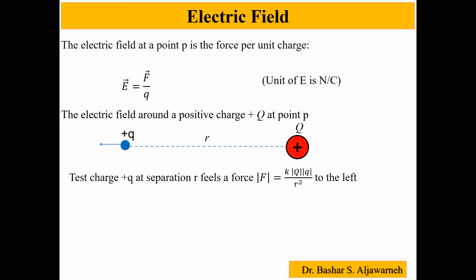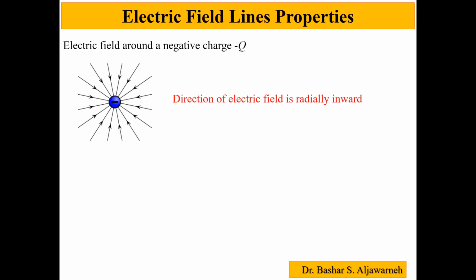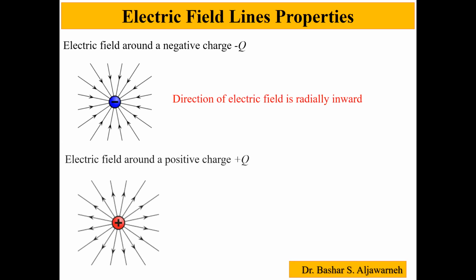Here, we do not care about the derivation. In general, the electric field at a certain point will be K times the magnitude of the charge divided by R squared. Electric field lines: as we know, we have two types of electric charges, either positive or negative. For the negative electric charge, the electric field lines should be radially inward. But if I have a positive electric charge, the electric field lines should be radially